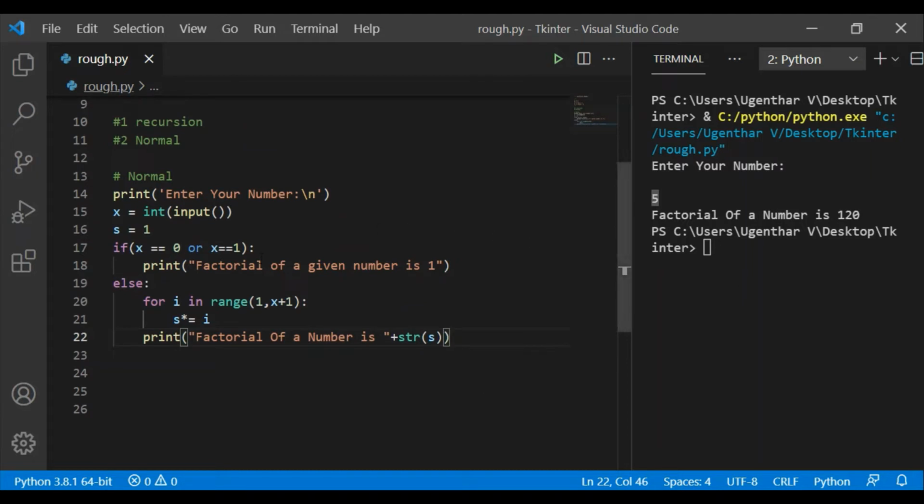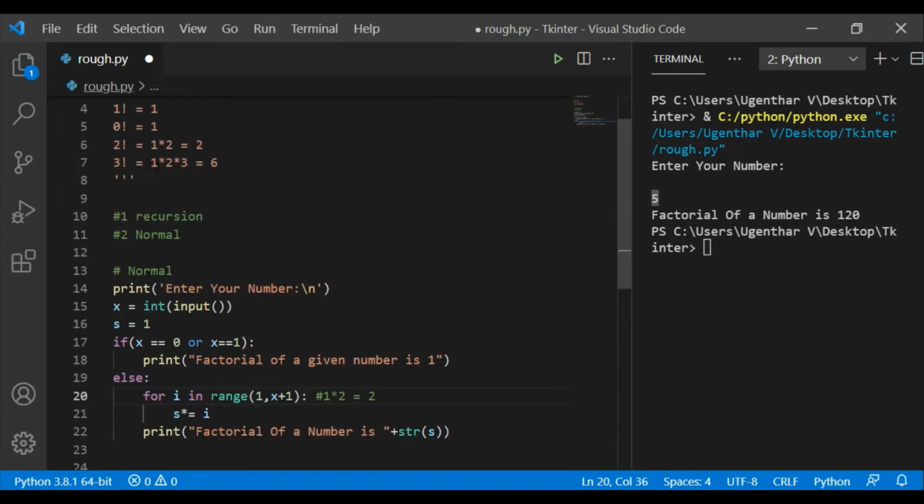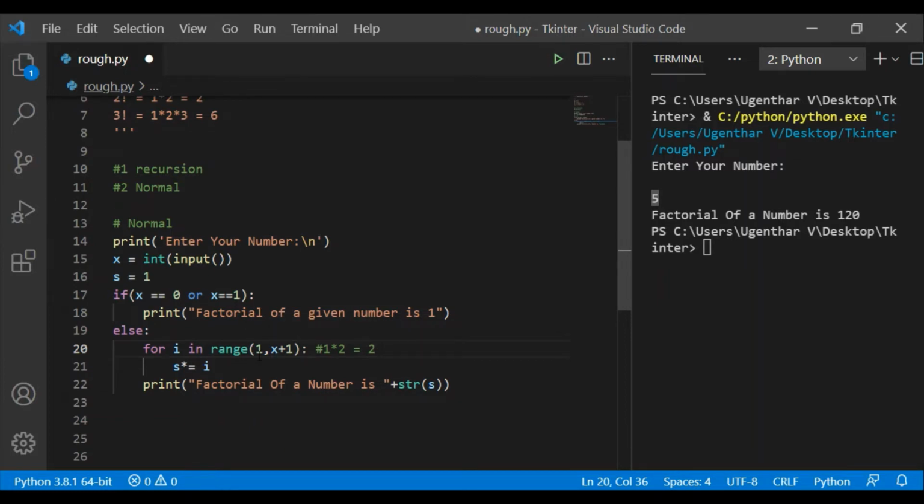If it is not 1 or 0, then it comes to the else part, and in the else part I'm using a for loop. Let me explain how the factorial works. The factorial of 2 is 2, it works like 1 star 2, that means equal to 2. In order to get this 1 2, if it is 3 factorial, 1 2 3, I'm using the for loop: for i in range from 1 to the input value.